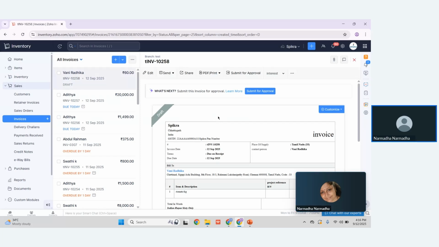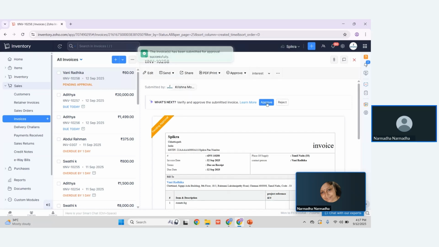Once a sales order is created, the sales orders can be converted into invoices, either a partial invoice or a full invoice. Here it shows in the invoice in the draft sheet. Here we can submit it for approval. Once we get approved,